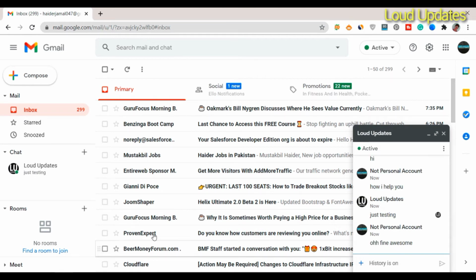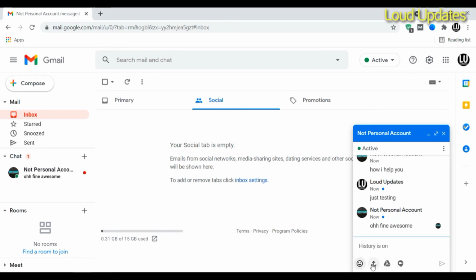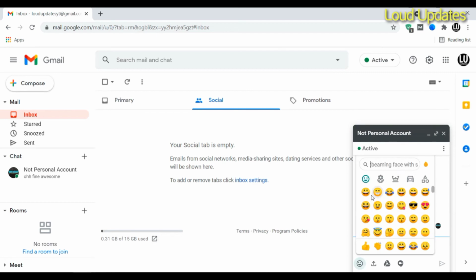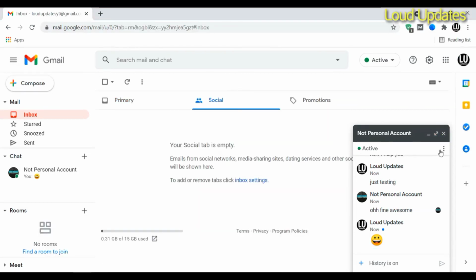In a few seconds, whereas we are waiting for someone's email reply, that's too long, so you don't need to wait for someone's reply. You can do live chat with someone, but you need to enable this option for your Gmail account and use this feature. This feature will be available in a few months because this is a beta version. This feature is not available for all persons, but it will be available in a few months. So if you want to use the feature in advance, then you need to go to settings and enable this chat early access feature for your Gmail account and take benefit from this feature.